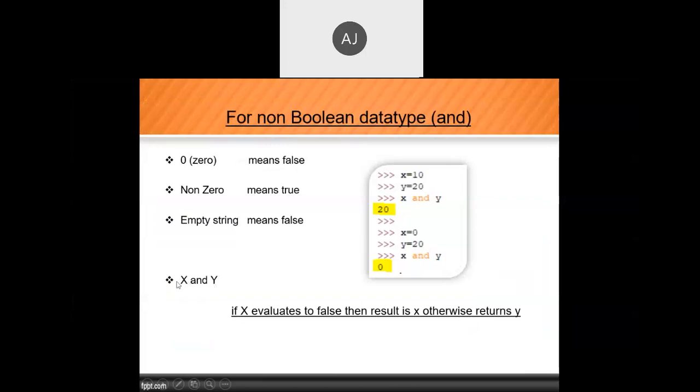We have two conditions, x and y. If x evaluates to false, then the result is x, otherwise it returns y. So if the first condition is false, it returns the false value. If the first condition is not false, it returns the y value.